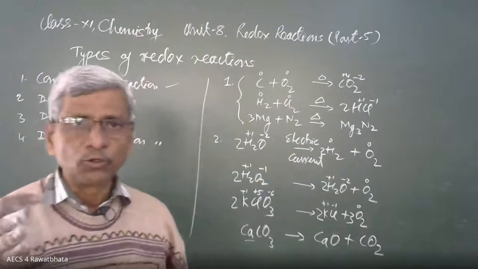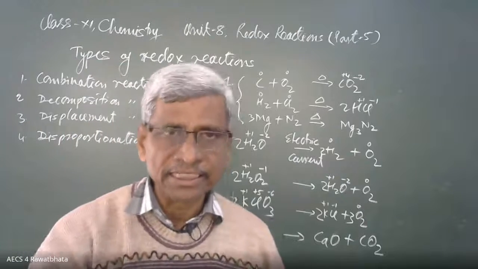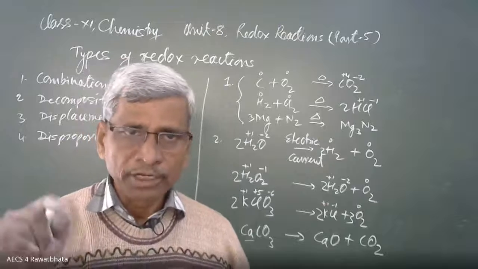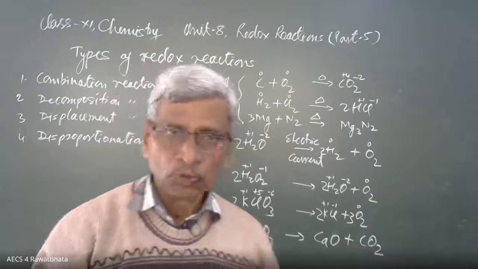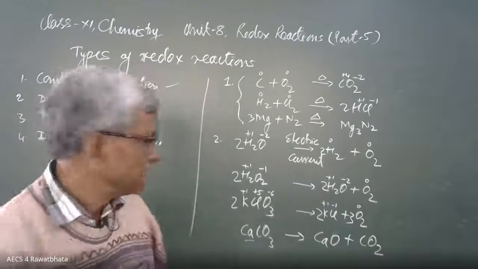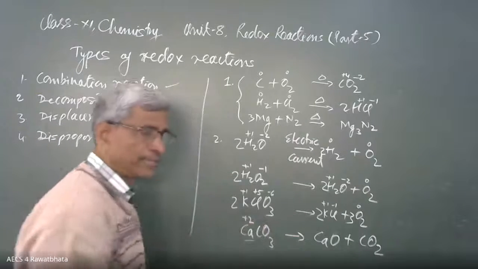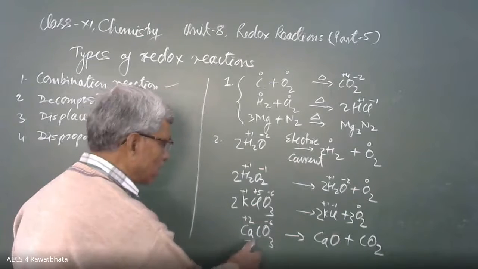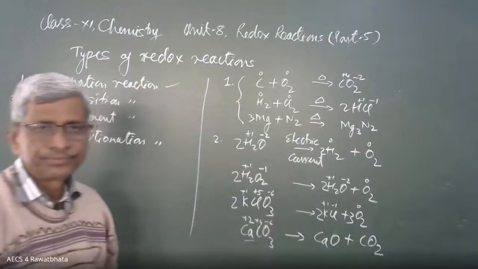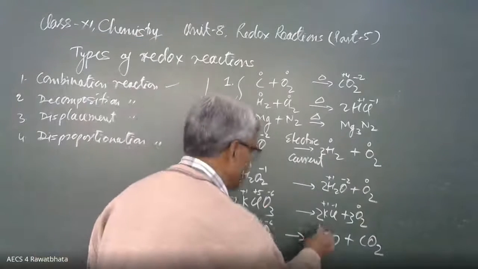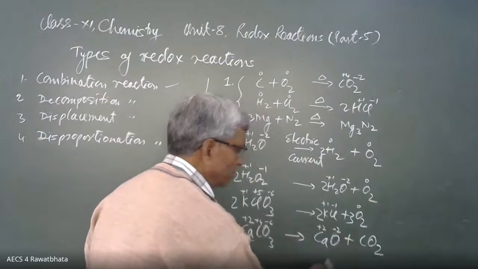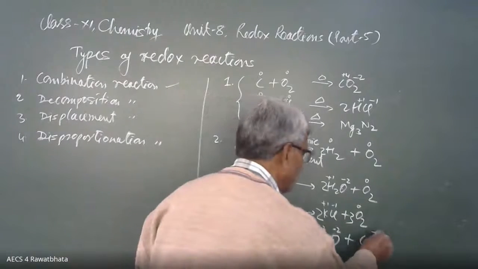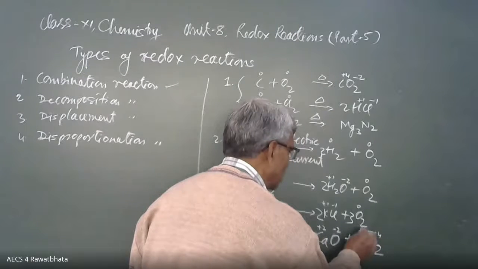Group 1 and group 2 elements, their oxidation state is fixed. Group 1, all elements oxidation state plus 1. Group 2, all elements oxidation state plus 2. Group 1 plus 1, group 2 plus 2. Here calcium oxidation state is plus 2. Oxygen is minus 2, then it is minus 6 total. Then carbon oxidation state is plus 4. Here calcium is plus 2, oxygen is minus 2, because oxide is minus 2, then calcium contribution is plus 2. Here carbon is total minus 4 and oxygen minus 4, carbon is plus 4.